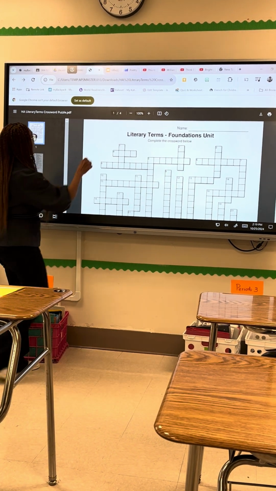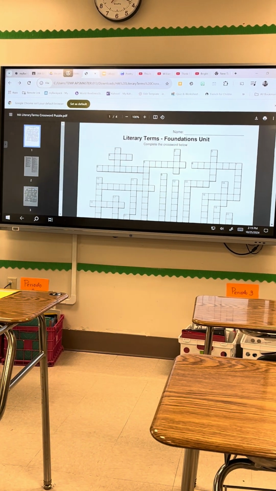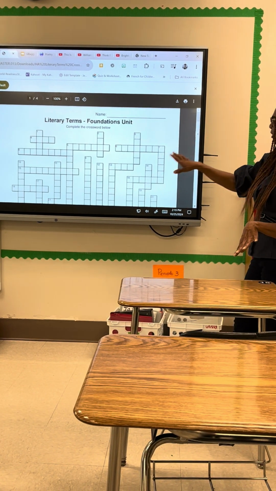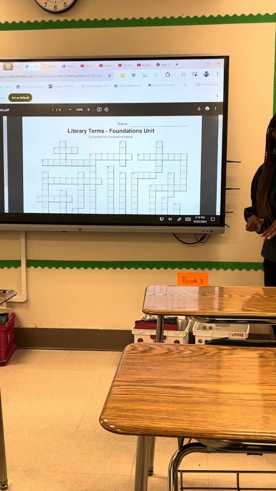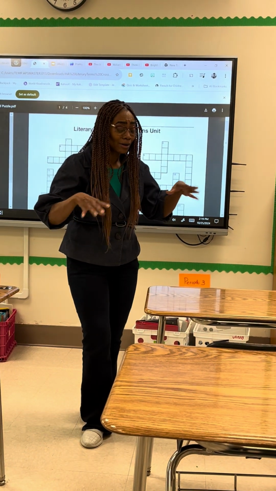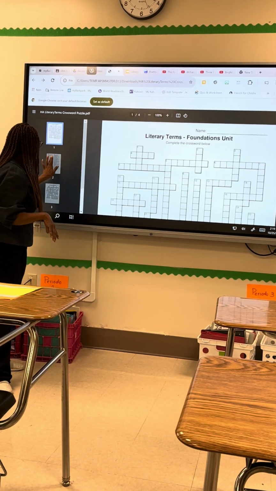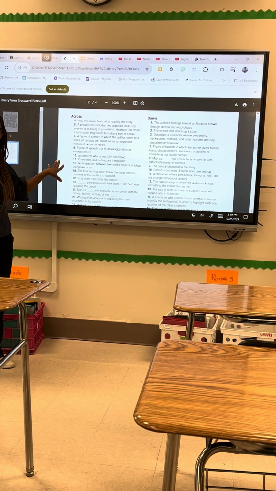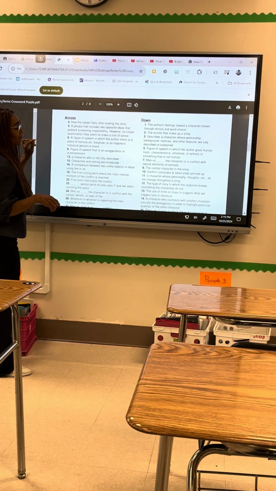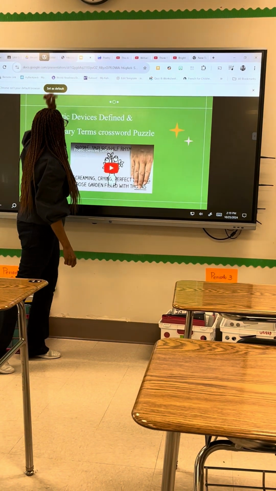Time, our 5 minutes are up. So, let's see. Marcus, how'd you do? What did you think about this puzzle? You thought it was a little difficult? Okay, that's okay. I'll help. We're going to work together, all together, and we're going to help each other to learn these terms. Again, I absolutely know that these are things that you probably have not seen or heard of before, but not to worry. We're going to be helping each other learn this information. Let's move on.